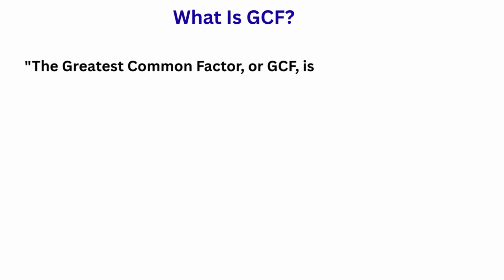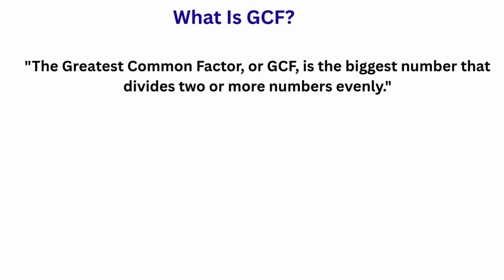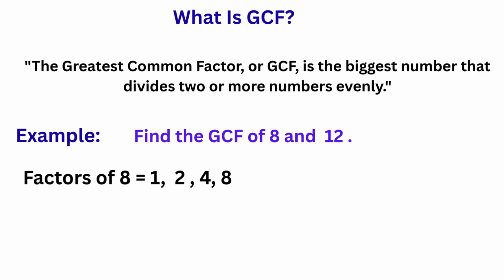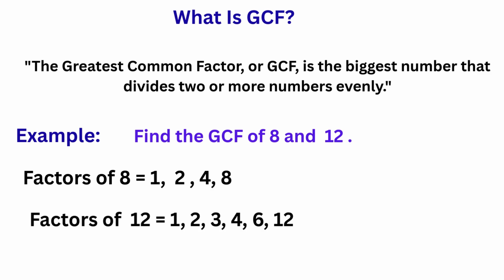What is GCF? The greatest common factor, or GCF, is the biggest number that divides two or more numbers evenly. Example, find the GCF of 8 and 12. Factors of 8 are 1, 2, 4, 8. Factors of 12 are 1, 2, 3, 4, 6, 12, and